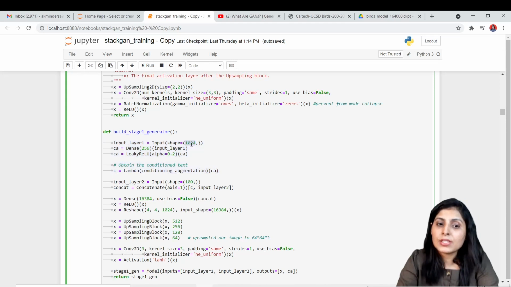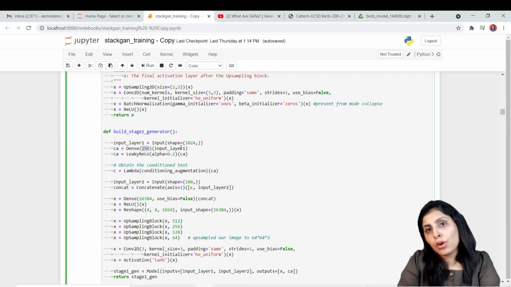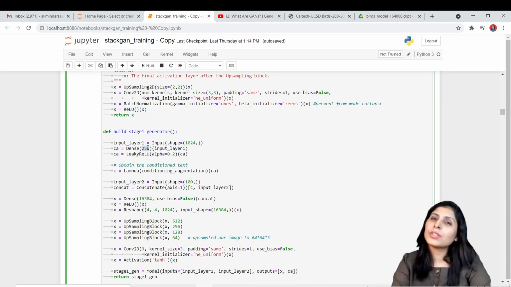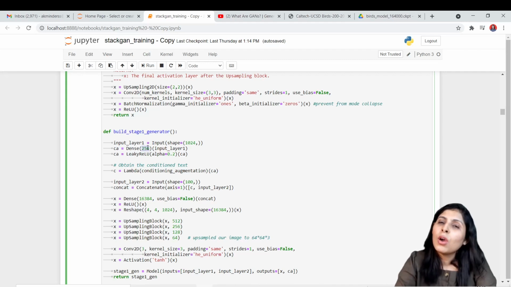So this is the first input to your generator, which is the text embedding. Text embedding size is fixed to this. Then we are using 256, which simply means these 1024 numeric values, one value for one text, go to a next layer which has 256 neurons. Basically, we are compressing our text embedding.